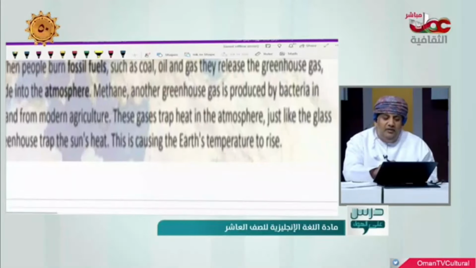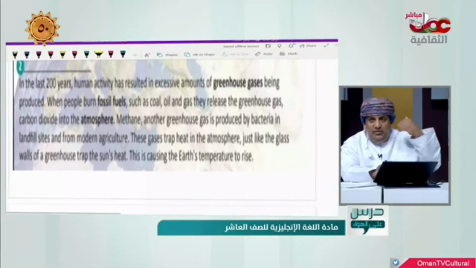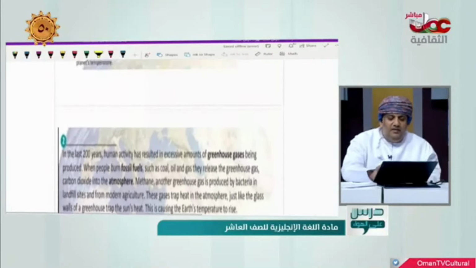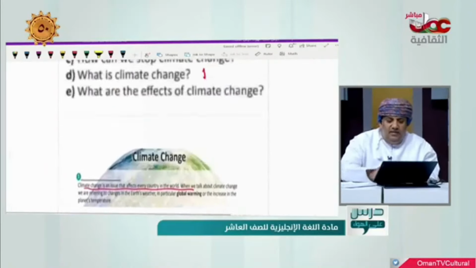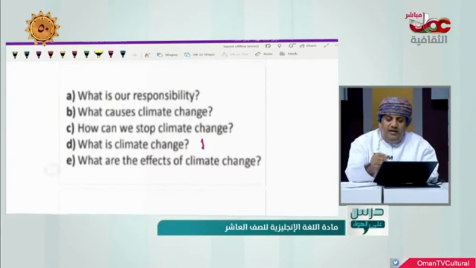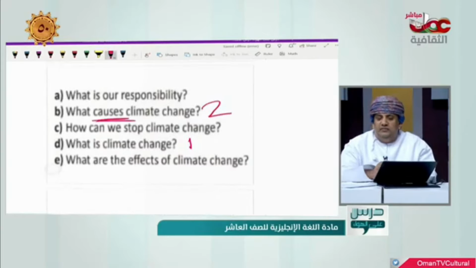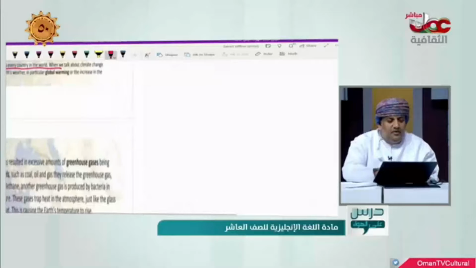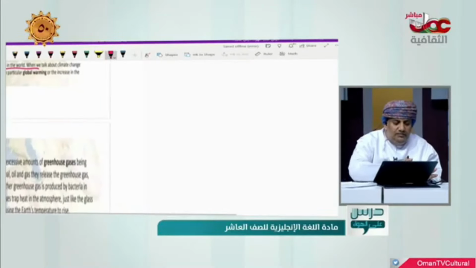So here they gave us the reasons or the causes for why climate change happened. So which one is correct? I think it's number B, because he talked about the causes. This is about the causes. Now let's look